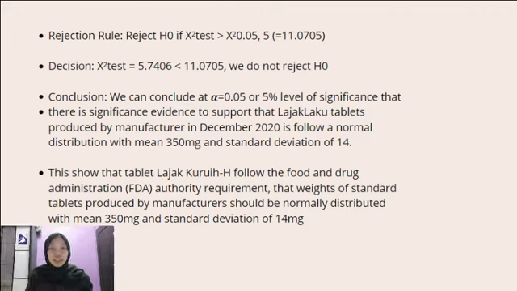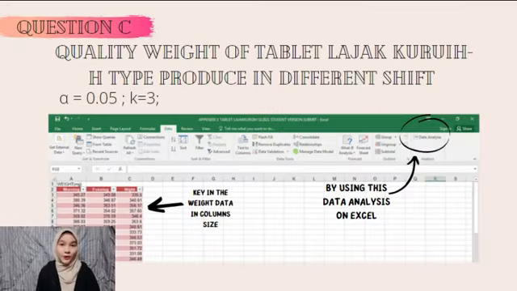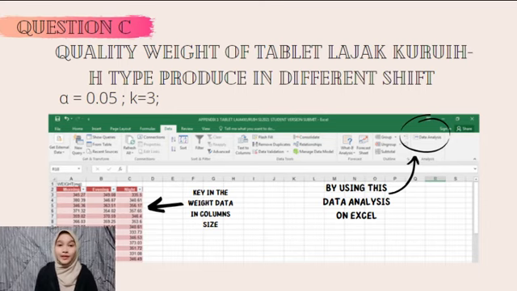Lastly, it shows that Lajak Kuruih H tablets follow the Food and Drug Administration Authority requirement that the weight of standard tablets produced by manufacturers are normally distributed with mean 350 mg and standard deviation of 14. So, now let me explain the quality weight of Lajak Kuruih H type tablets produced in different types of shift. How can we know whether it is in good quality of weight